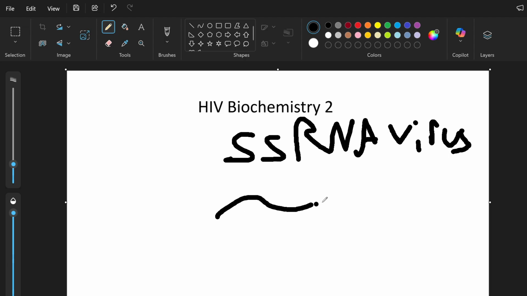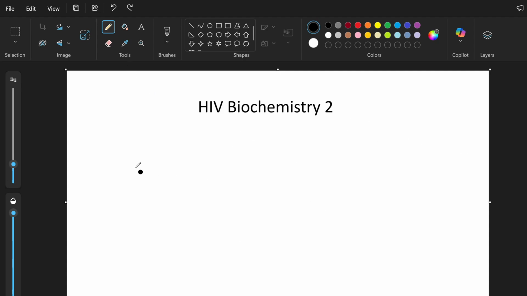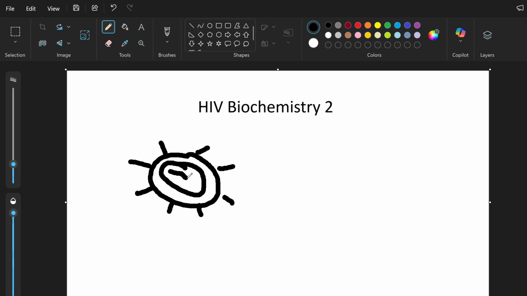That means its RNA is single-stranded, and that is what it puts into the cytoplasm. What does that mean? Well, we'll draw it out here. When HIV reaches a cellular membrane,